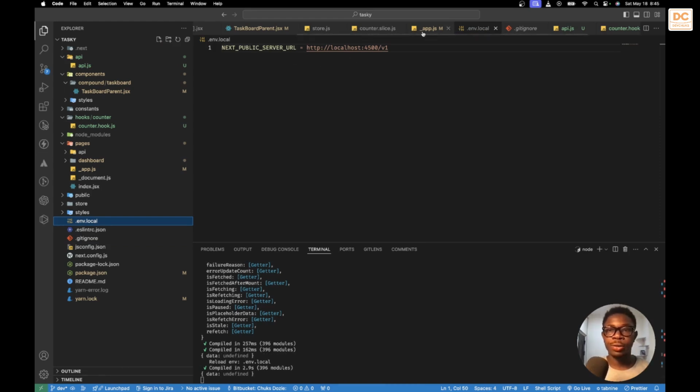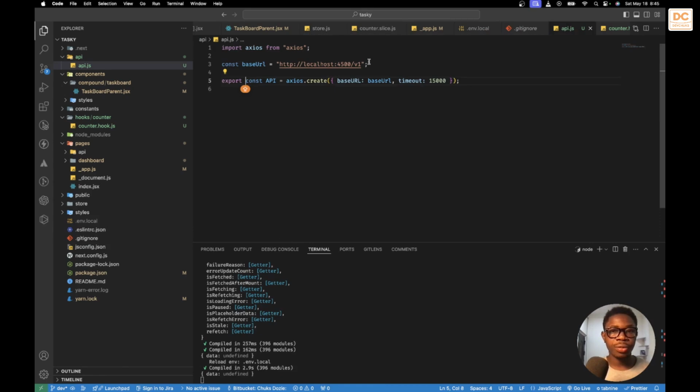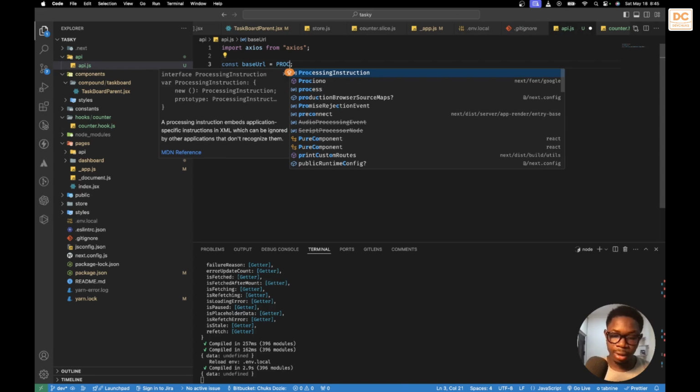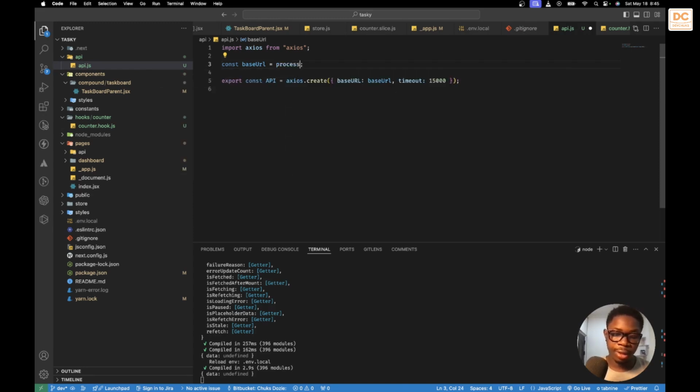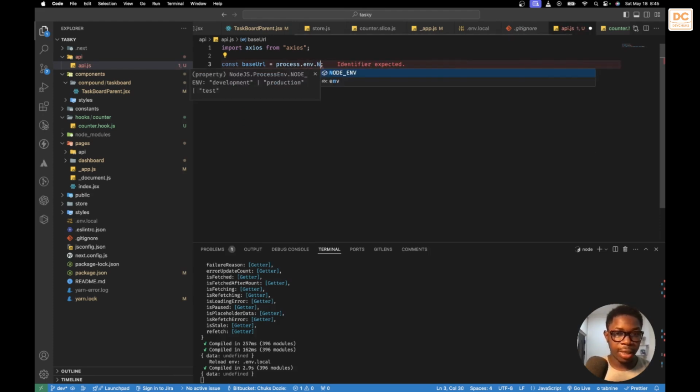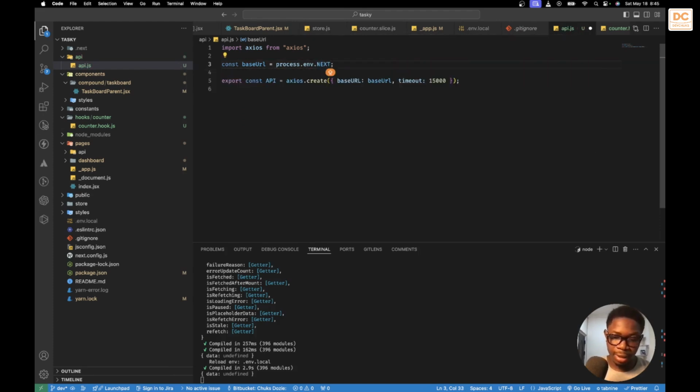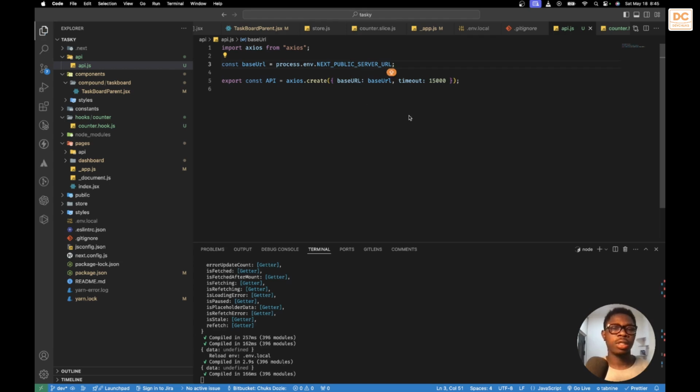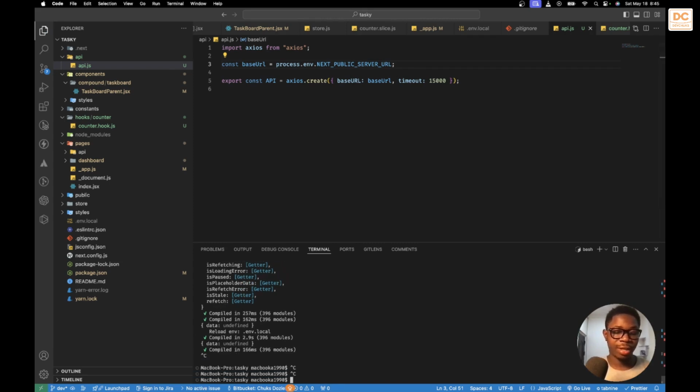So now what I'm just going to do is that on the API, I'm going to change this to process.env dot next public server URL. All right, and then the next thing I'm going to do is to just end my server and start